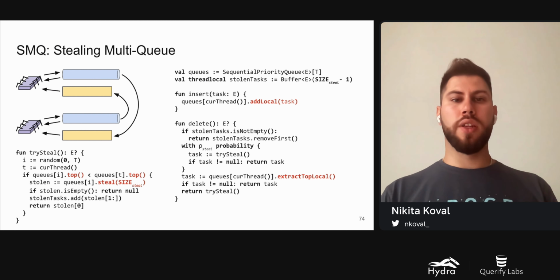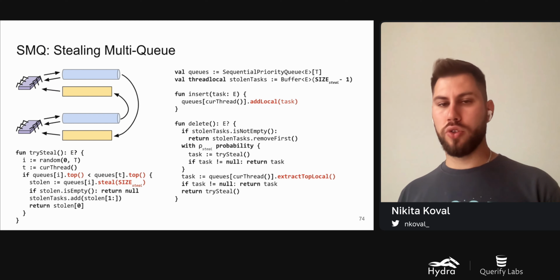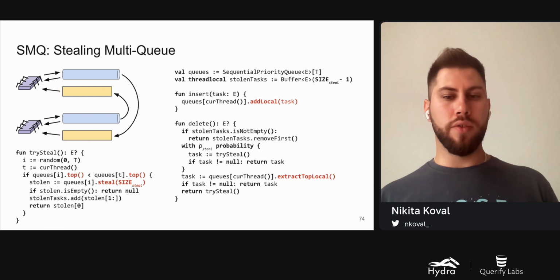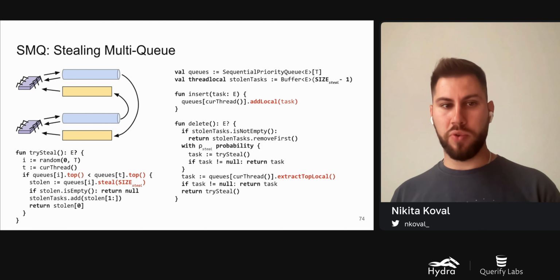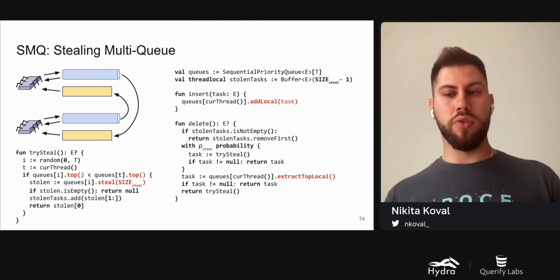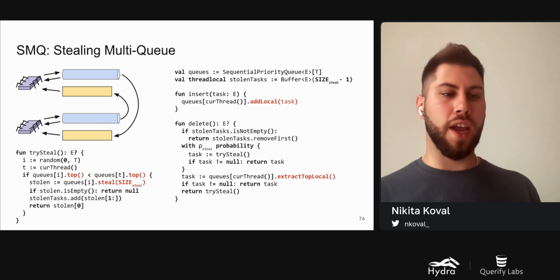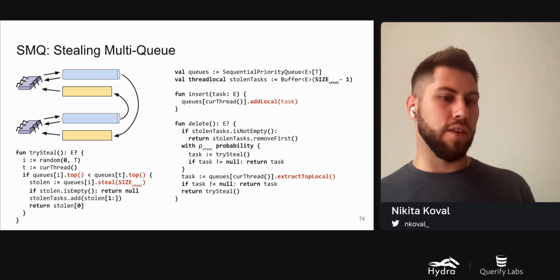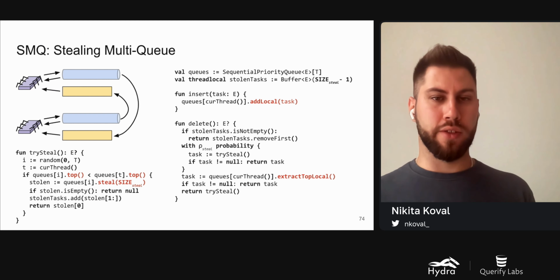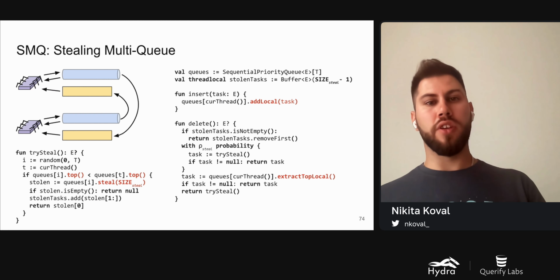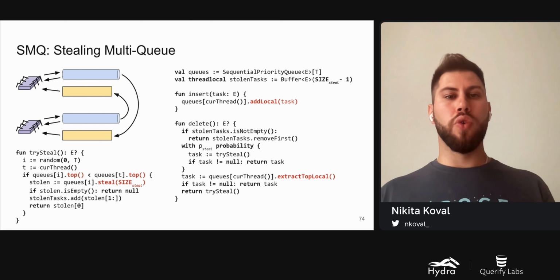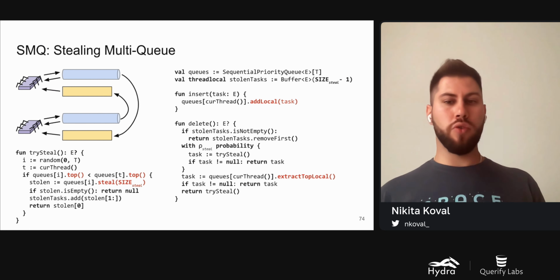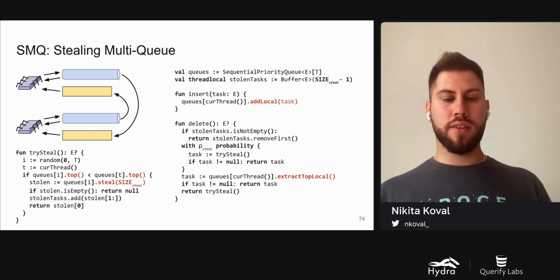And now we only need to understand how to implement this add local function, which inserts tasks into our sequential priority queue, and how to extract the highest priority task. But additionally to these two functions, we also need to check the top task from another thread. And we also need to be able to steal multiple tasks. So we can't really use a sequential algorithm under the hood. We do need a tricky data structure under the hood to perform the stealing. And before going to this part, let's